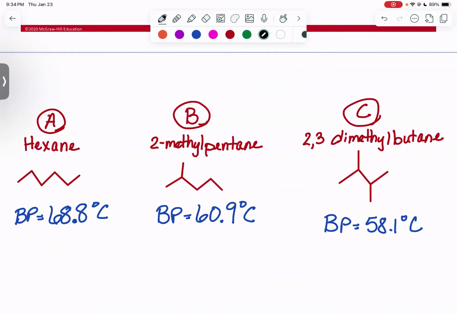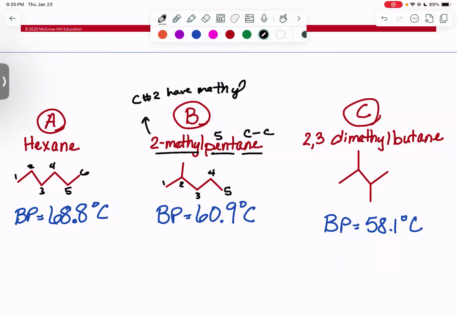So the only thing you have to do is, hexane is 1, 2, 3, 4, 5, 6, and it's all carbon-carbon single bonds. All right, so that's hexane. 2-methylpentane. So I have 1, 2, 3, 4, 5, and pent means 5. A-N-E means all carbon-carbon single bonds. And then coming off of carbon number 2, you have a methyl group. And a methyl group is just a substituent with 1 carbon. So here's my methyl group. So what I see as I go from A to B is that